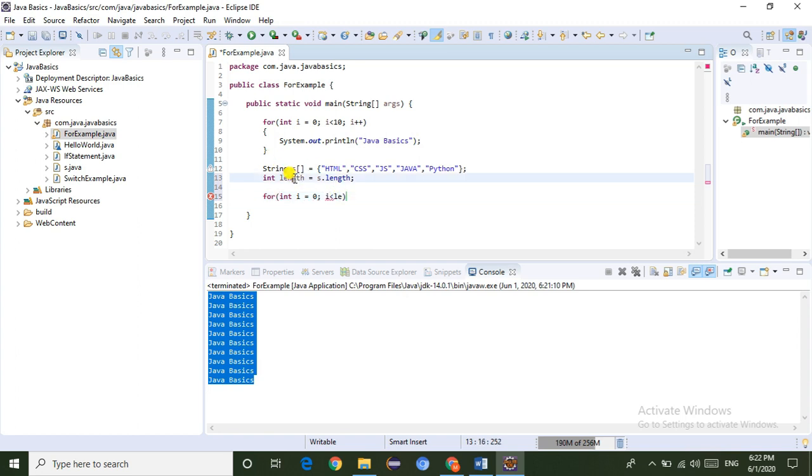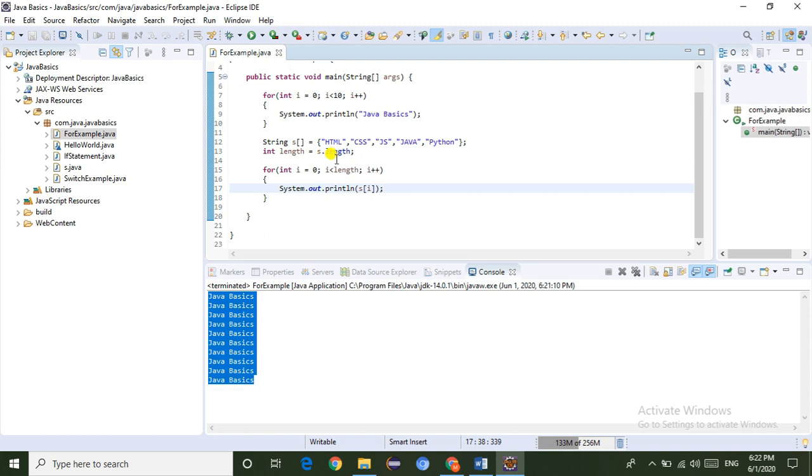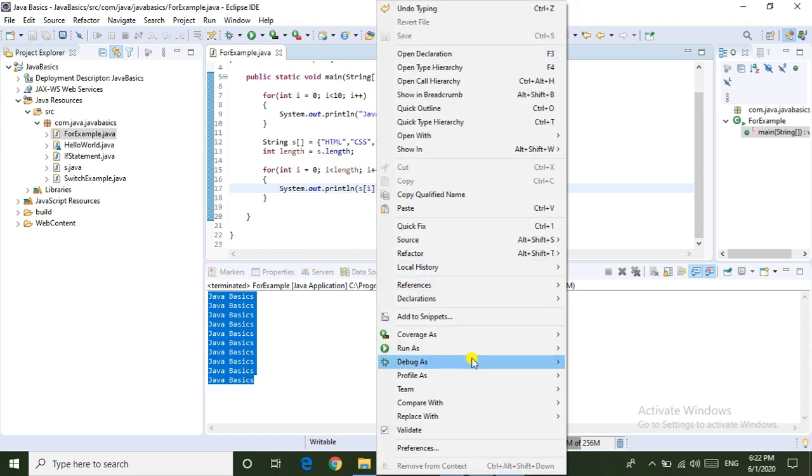So we have to iterate the length, and i plus plus. Now I am going to print the system.out.println, sorry, s of i.